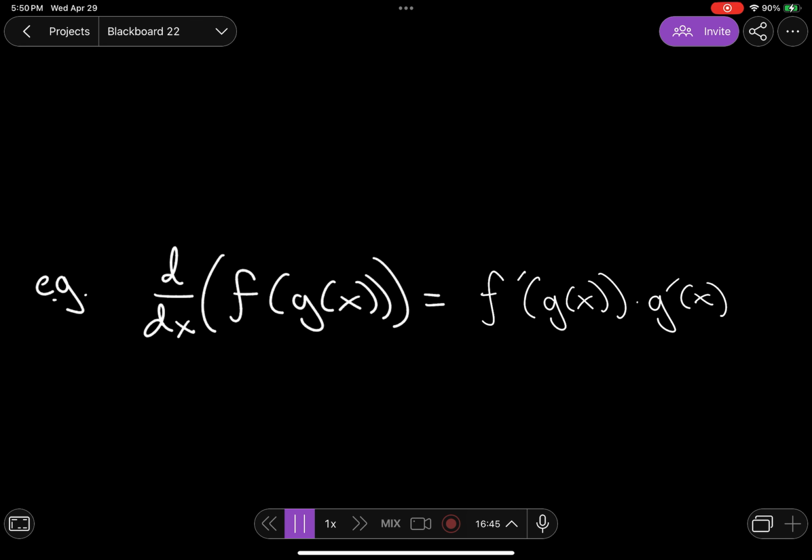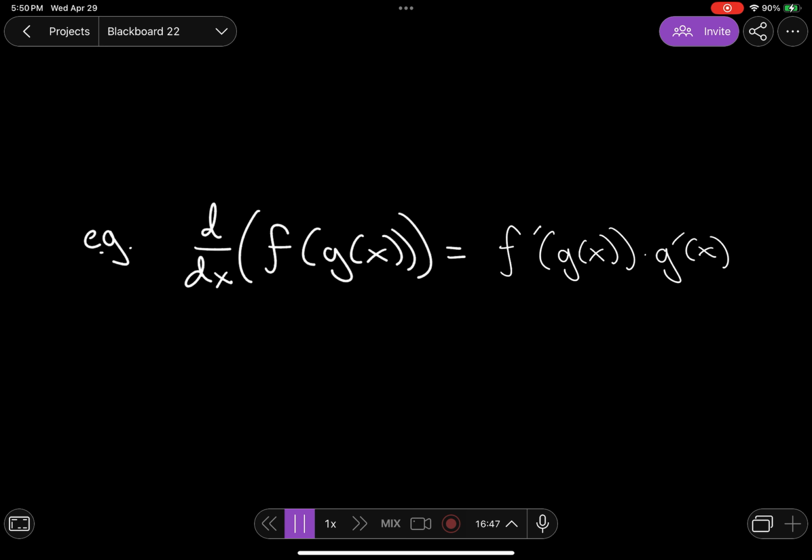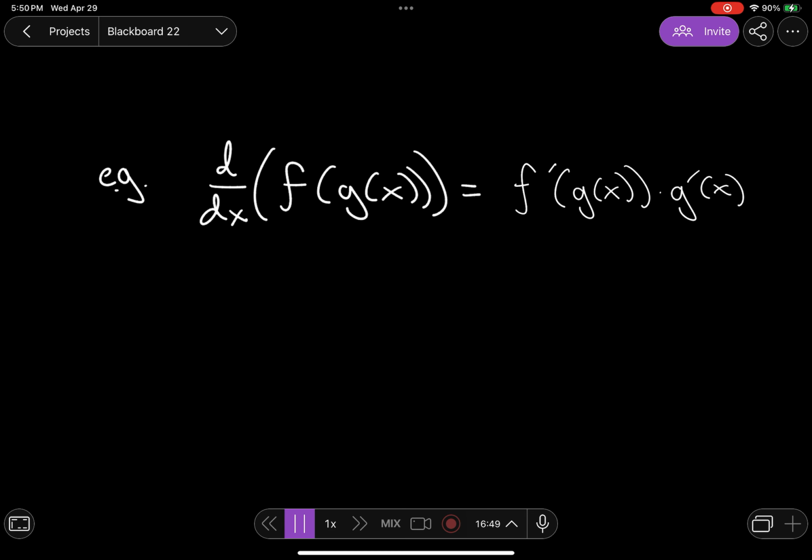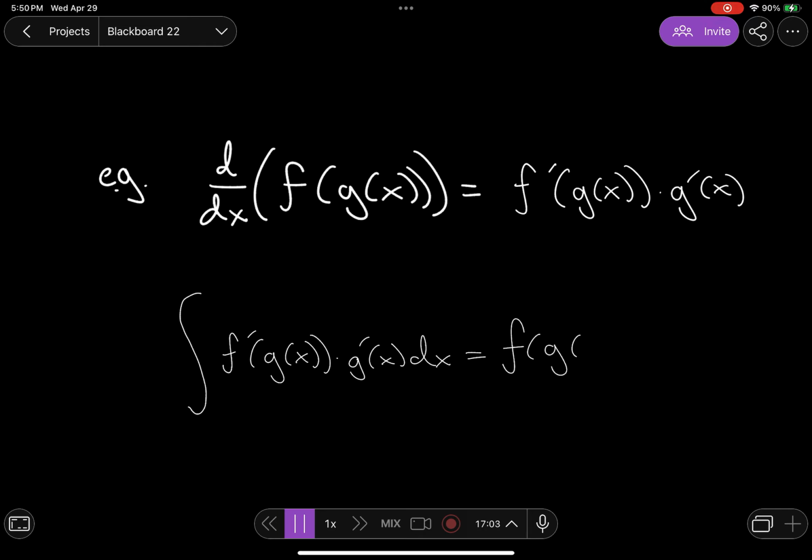That is simply the chain rule. But with this new notation, another way I can say this sentence is the antiderivative of f prime of g of x times g prime of x dx is equal to f of g of x plus the constant of